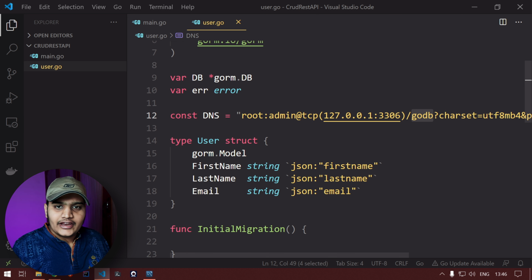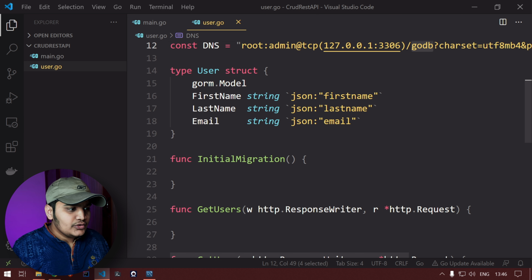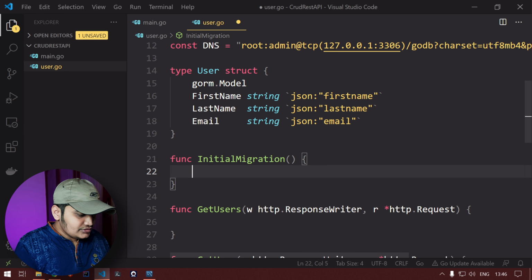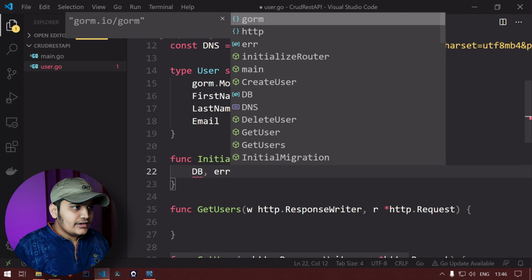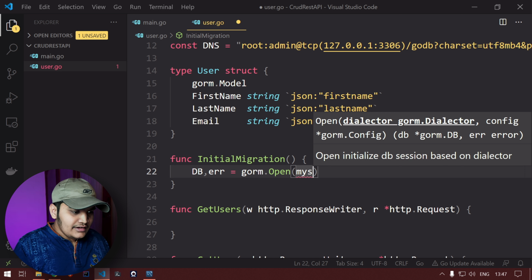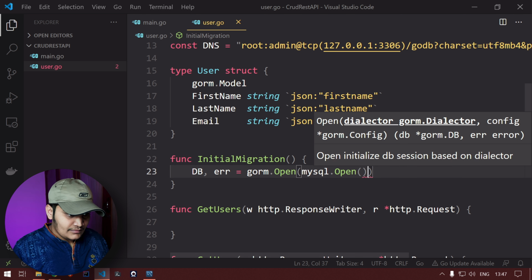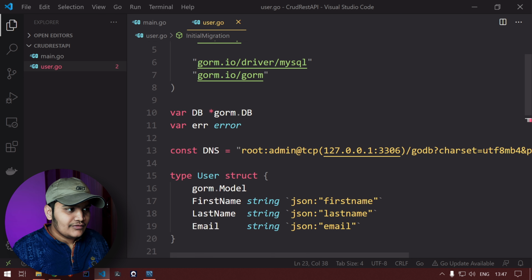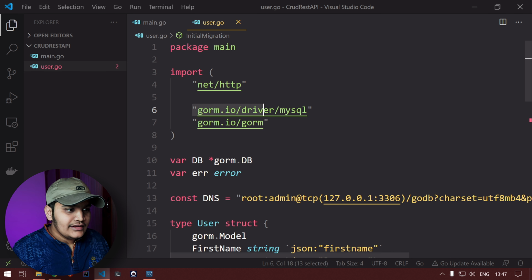So these are the variables that I have declared. Now let's go to InitialMigration and define the properties. I'll use DB and err equals gorm.Open, and we'll say mysql.Open. So GORM should open the MySQL database, and you can see that MySQL is added over here.